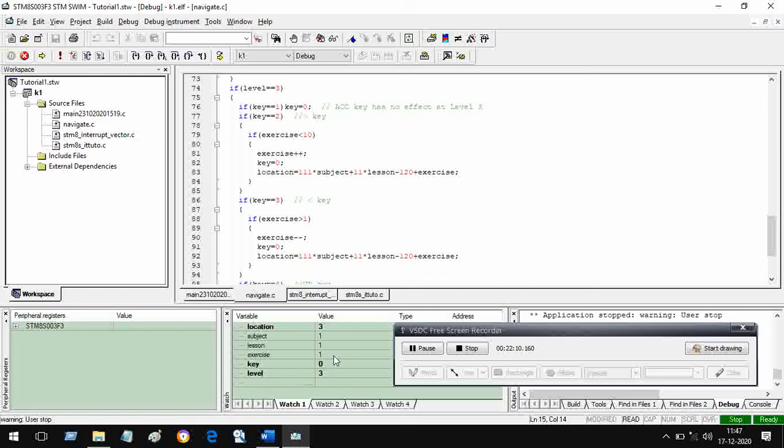Next key means the number 2. So I write 2, so it is next. I run and stop. What should happen when I stop it? Level should remain 3, key should become 0, exercise should become 2, and other things should remain constant.